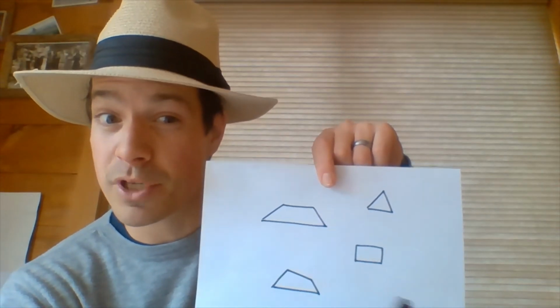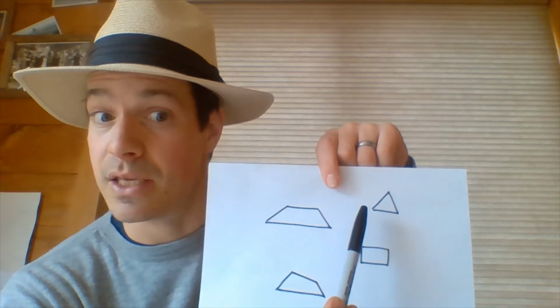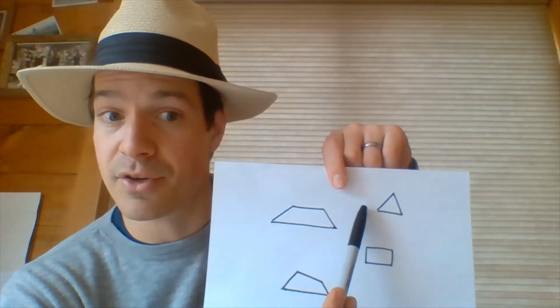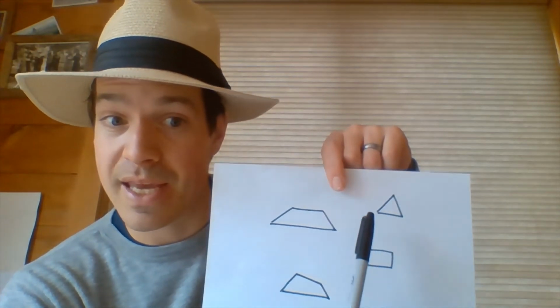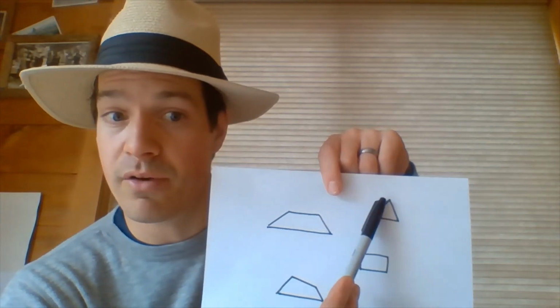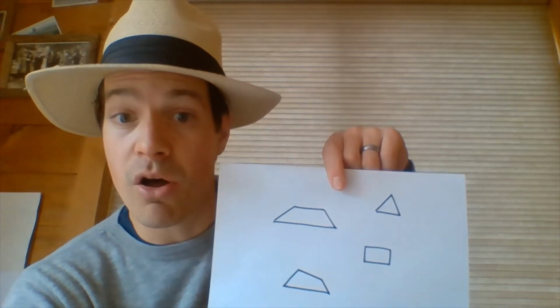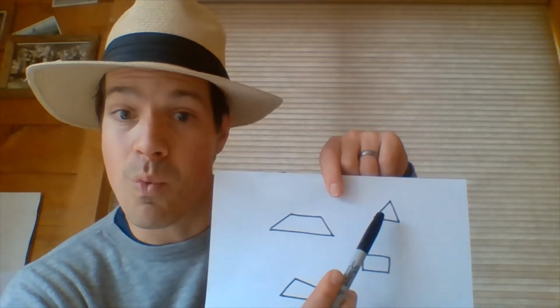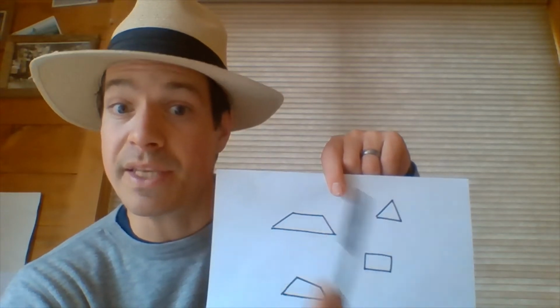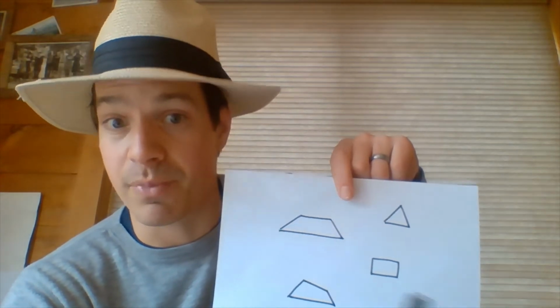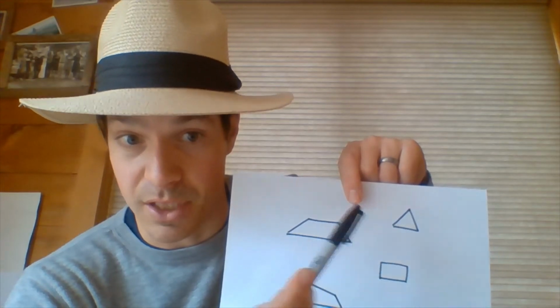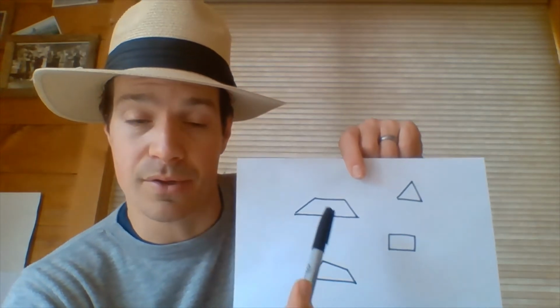But then you could get more specific in two ways. You could say it's an equilateral triangle. All sides are equal. You could also say it's an acute triangle because all of the angles are acute. So all of those words can be used to describe one shape. The least specific being polygon, the most specific being equilateral acute, because it's equilateral lines and acute angles.